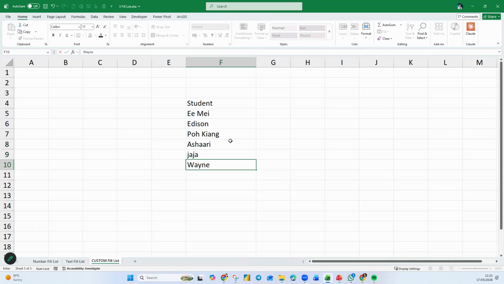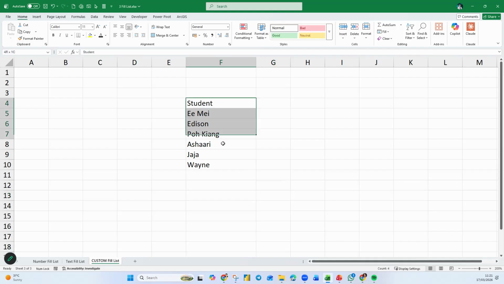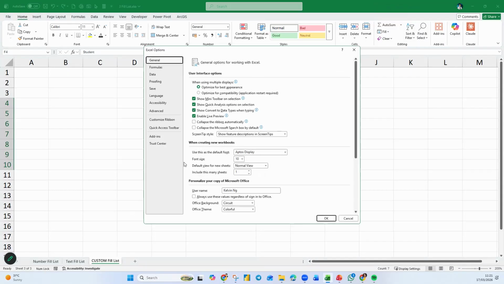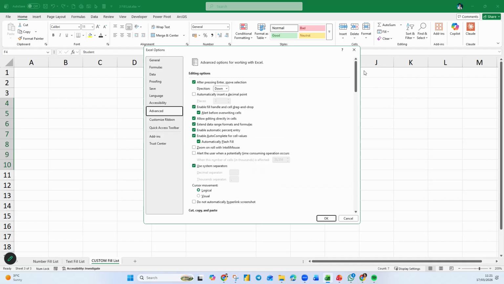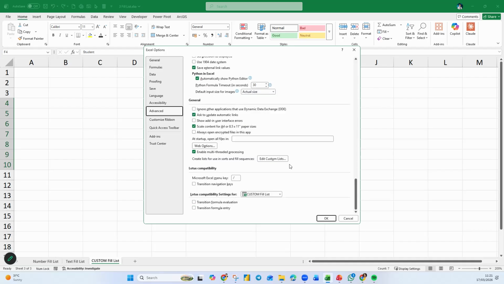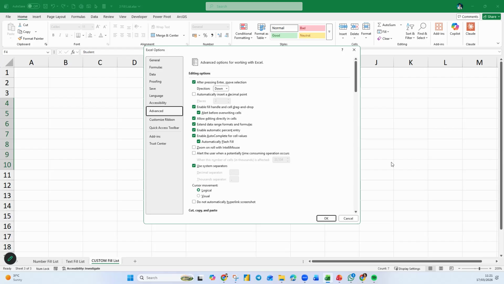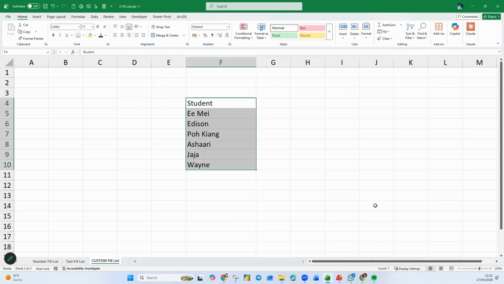So there are some of you here, right? Oh, Jaja, small letter. So all I need to do is highlight everything, go to where? File, Option, Advanced, all the way down, Edit Custom List, I import. Now, this list is forever in your Excel, whether you are in a new file or old file.